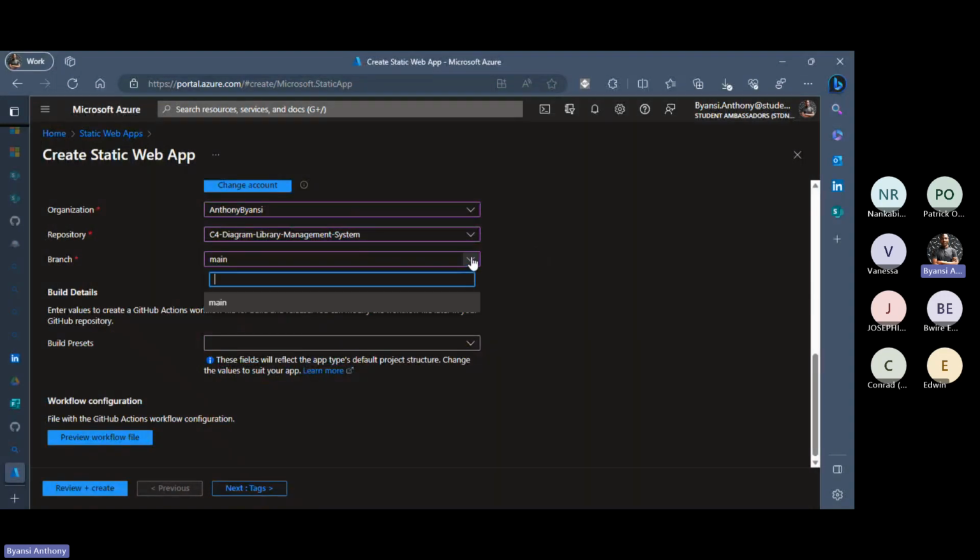You might as well have multiple branches. So this section here gives you that capability to choose a particular branch that you want to deploy your static web application from. But since I'm having only one branch, which is the main, I'm just going to leave that. And then